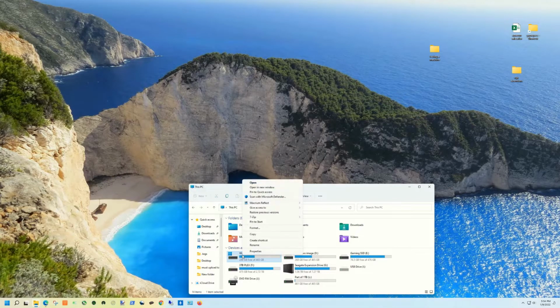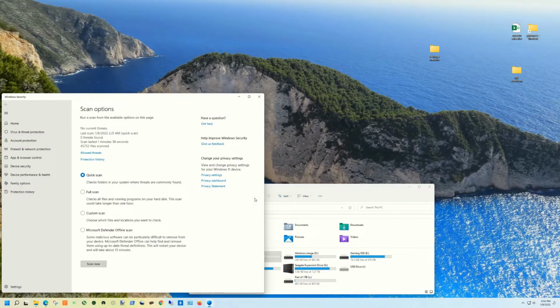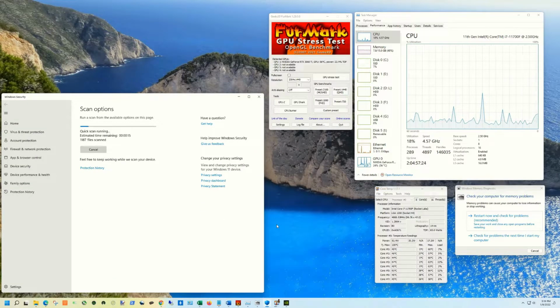All right, here I'm running the Windows Defender, and you can see the CPU is staying about 4.6 gigahertz, which is its max. The GPU, 57 degrees, 24% usage. CPU, 19%, and it doesn't show the temperature there for the CPU, but then you could use your Core Temp to see the temperatures.